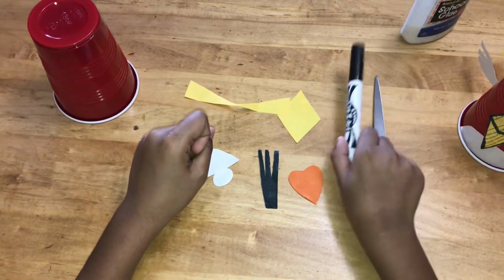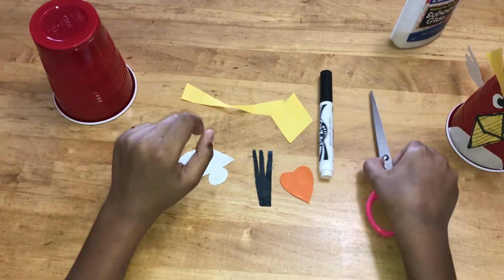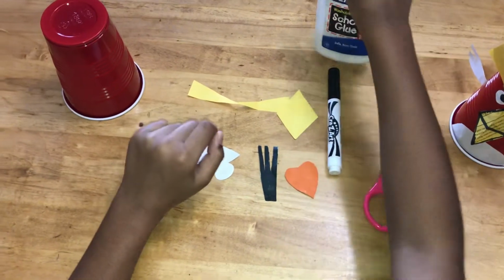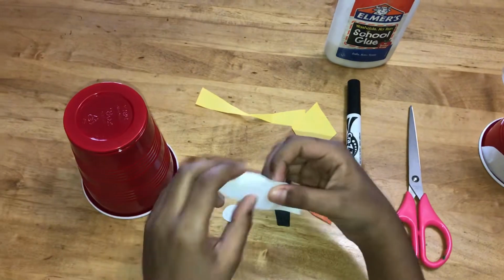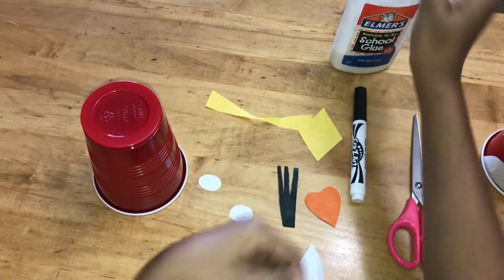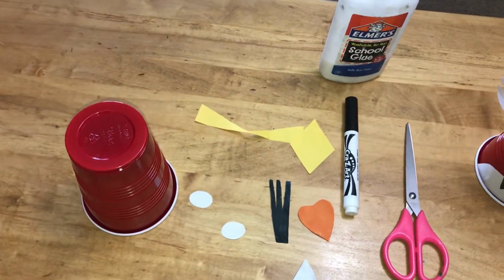And we need a marker, a scissor, and glue. So I'm going to glue the half